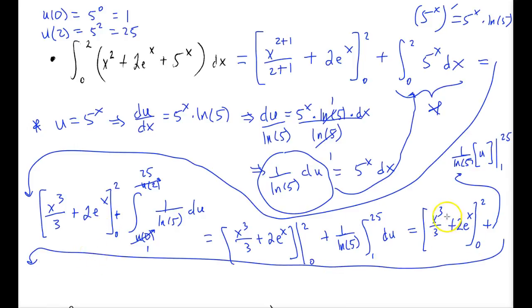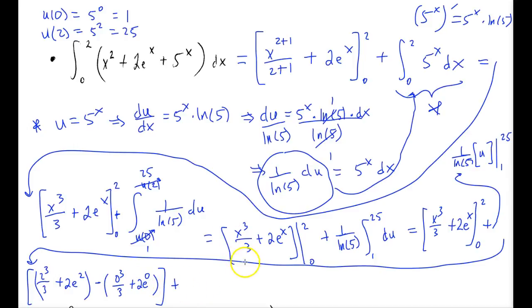So if we evaluate the first two terms, 0 to 2, what we get here is 2 cubed over 3 plus 2e to the 2. That'll be minus 0 cubed over 3 plus 2e to the 0. I'll clean that up. And then this will be plus